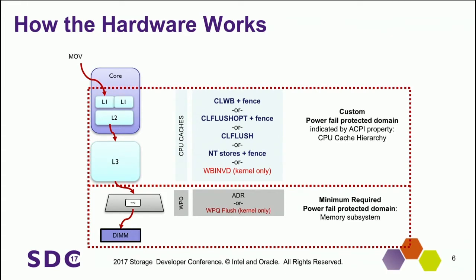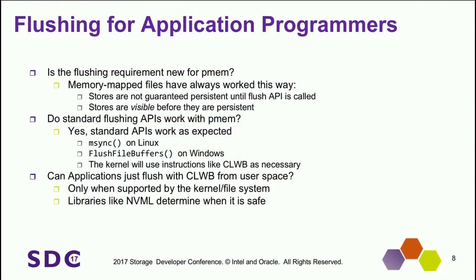What happens if you have some sort of hardware fault? In most cases you're just going to say, oh, sorry, hardware fault, I guess I have to repair the hardware. But there are some things where we want to make sure that they're all the way down onto the DIMM whenever possible. An example of that is things like the journal for ext4. When we write to those journals, it's handy for us to just flush this stuff down here. And so we have a kernel-only way of doing that flush. It's called a write pending queue flush, or a WPQ flush. And in the spec, we ended up calling it a deep flush